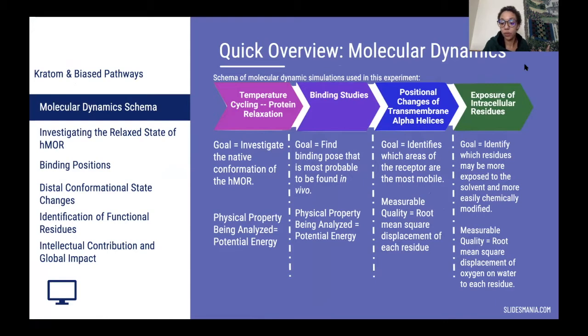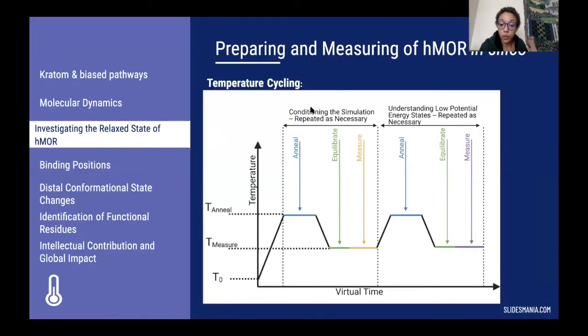Quick overview of what we will be doing for this experiment: we would be finding the relaxed state of the receptor, looking at binding studies, looking at the positional changes of transmembrane alpha helices, and investigating the exposure of intracellular residues. So with the first goal, finding the relaxed state of the receptor, we would achieve that